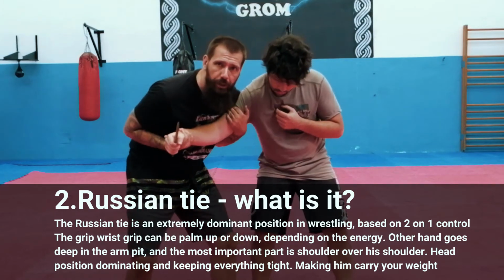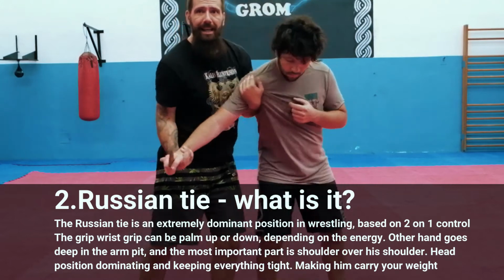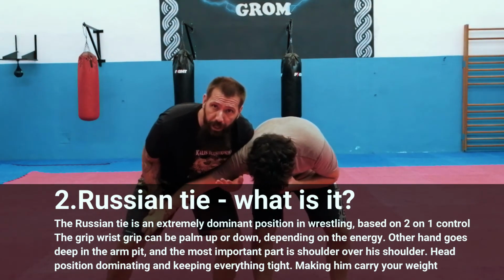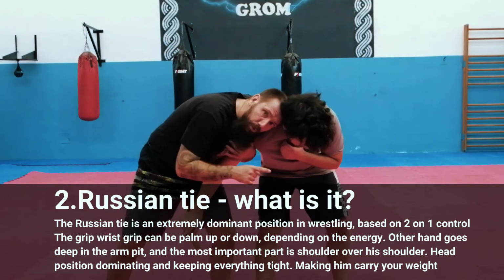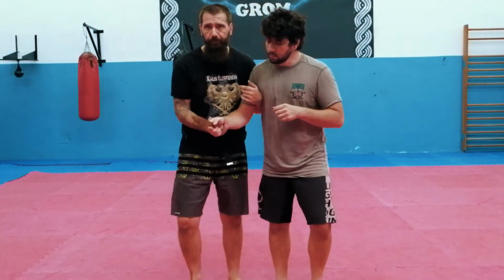So this is not good. He can easily square up to me, and there's no more Russian tie. This way I drive him to the ground. Of course, I'm watching the camera now, but my head would be here, pushing him in that direction, always keeping pressure. So again, I'm here,